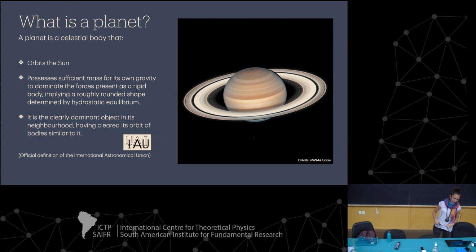Okay, so what is a planet? A planet is, by the definition of the IAU, the International Astronomical Union, a body that orbits the sun, and it has sufficient mass to be in